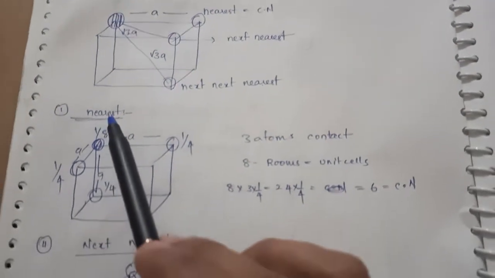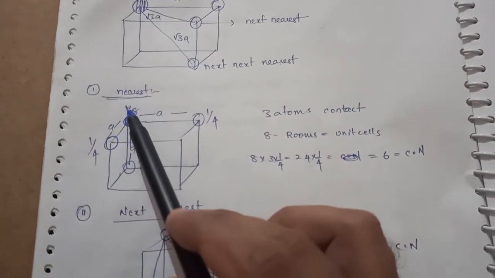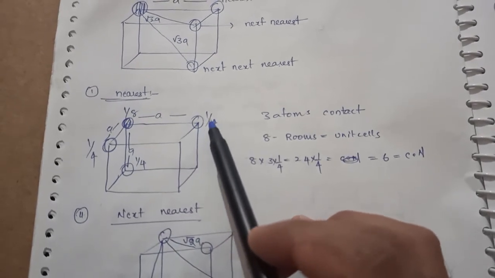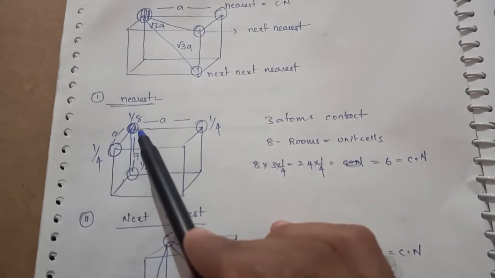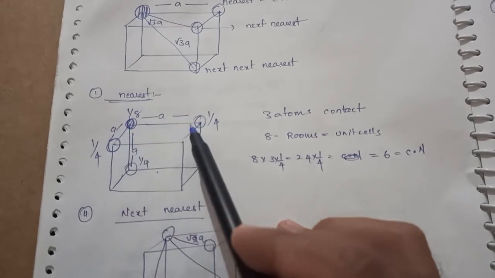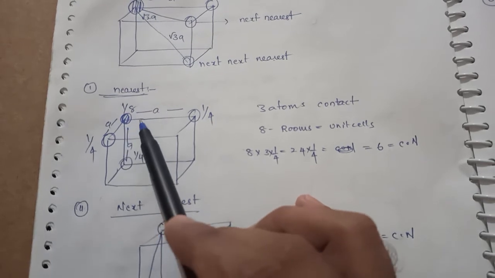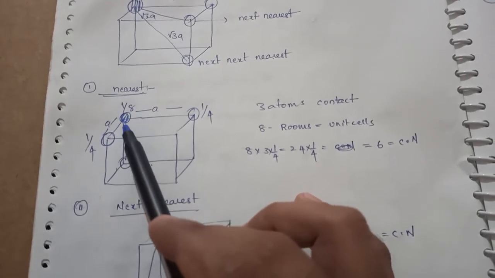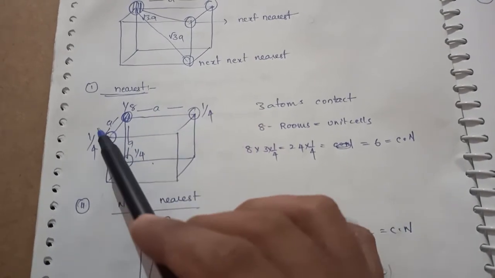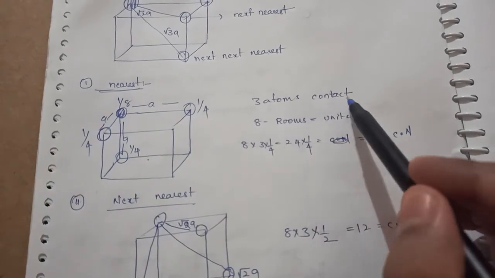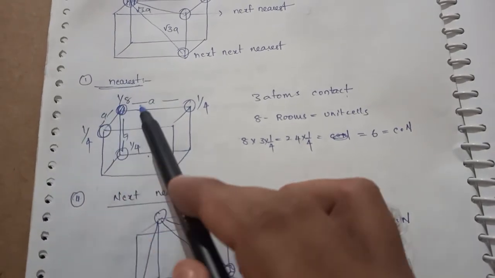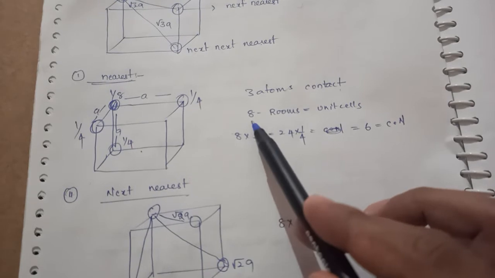Okay, now here we are calculating the first nearest. This is the 1/8th which is sharing, we know, and this is A, this is the 1/4th we know, because we are here in a row. This is also 1/4th, and down also 1/4th, meaning this side is also A, this side also A, and this side also A. So how many atoms are surrounding this particular corner one? 3 atoms are surrounding, 1, 2, 3. On 3 sides edge length A only you will get. So here 3 atoms are in contact, and this particular atom is shared among the 8 rooms we discussed earlier. So here 8 rooms are sharing.